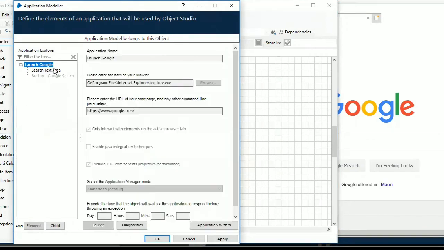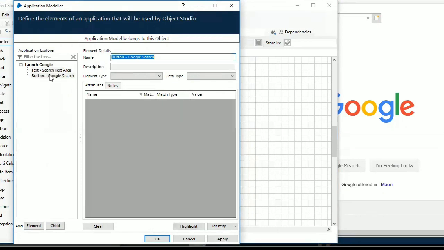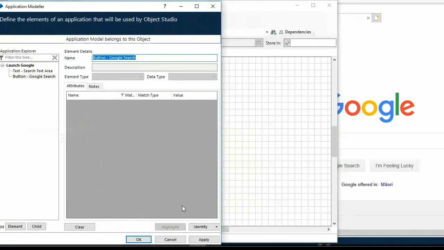It's good to have proper naming conventions for the elements as well. So the first one which I spied is a text area. The second one which I'm going to spy is a button in the Google search bar. So just add the name and click Identify.